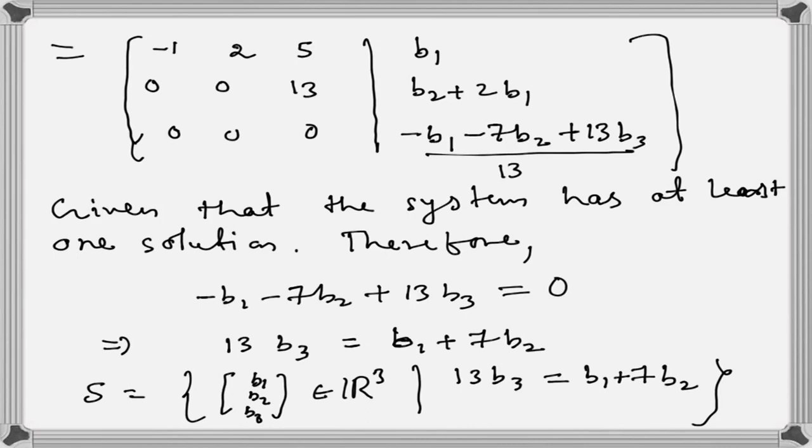So now let's take part A and see whether that system has at least one solution for all b1, b2, b3 from S. Okay, so the system is this: x plus 2y plus 3z is equal to b1,